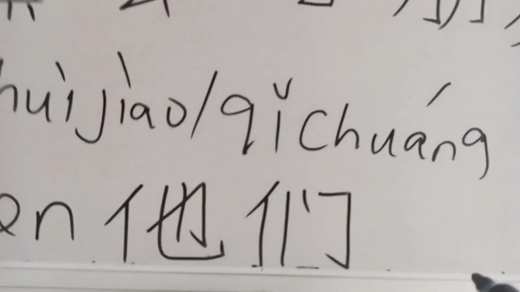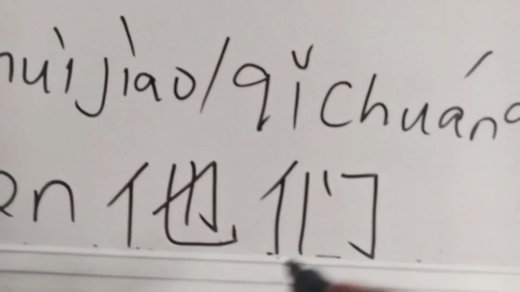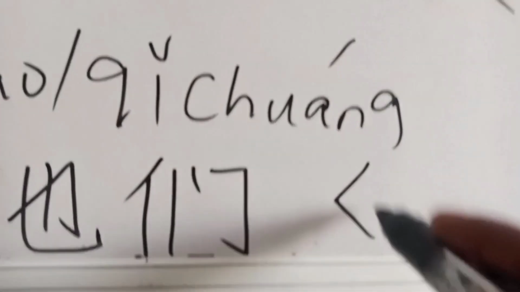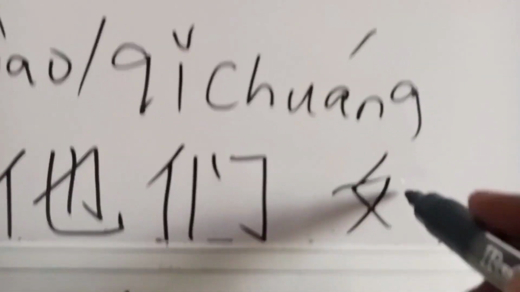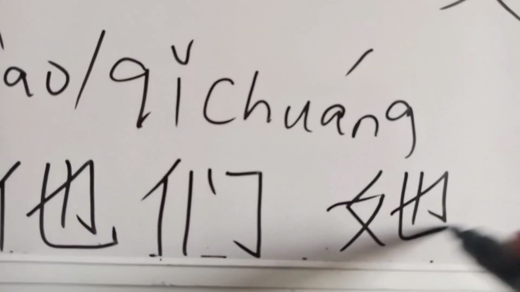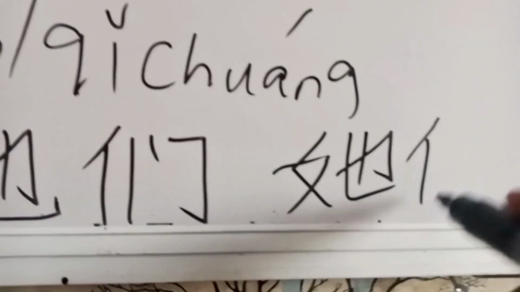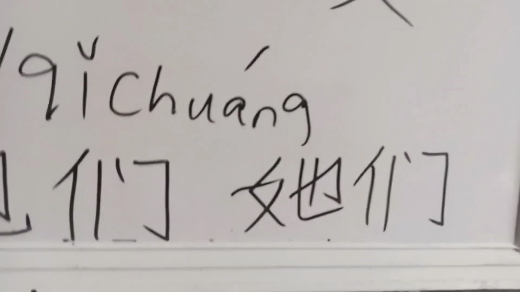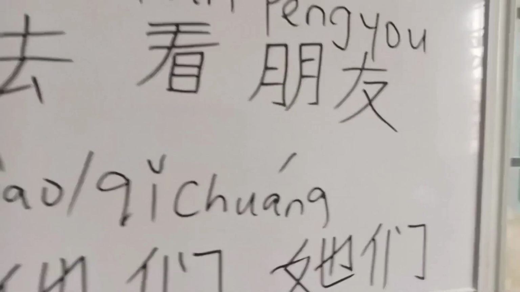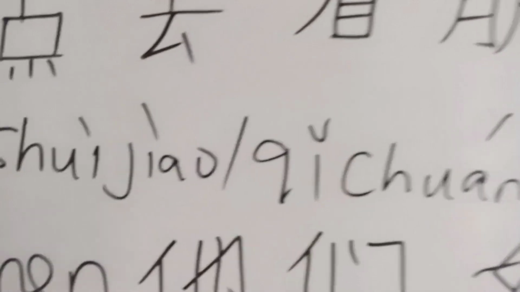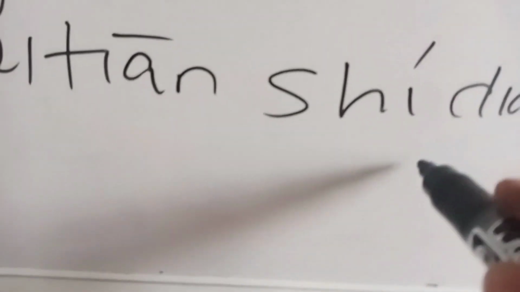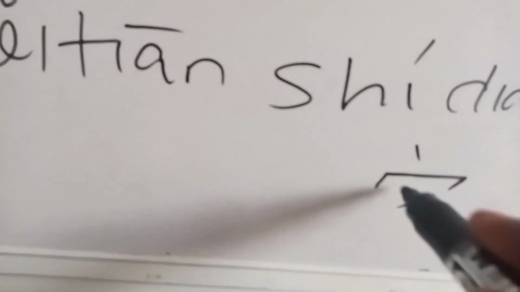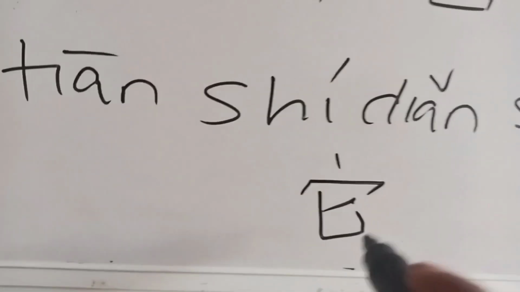If they are a mixture of men and women, it is still this tamen. If they are all women, then it is this tamen. I hope we are clear. So I'll wipe it and write my sentence. Oh, there is another tar that looks like this. It is the tar that they use for animals and objects.